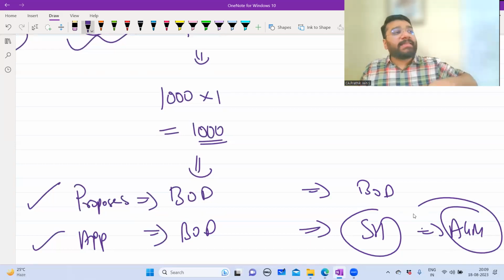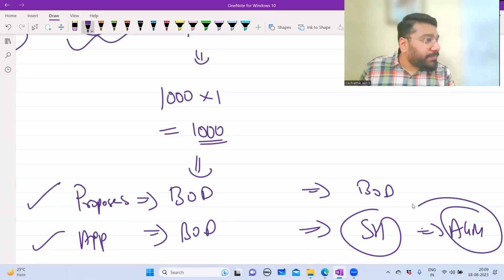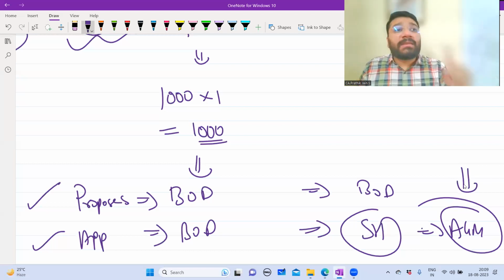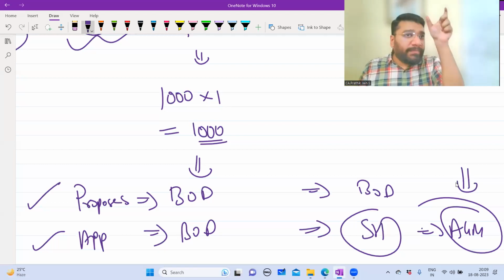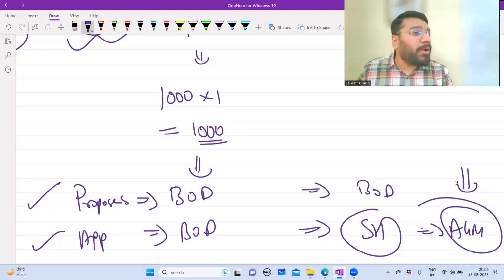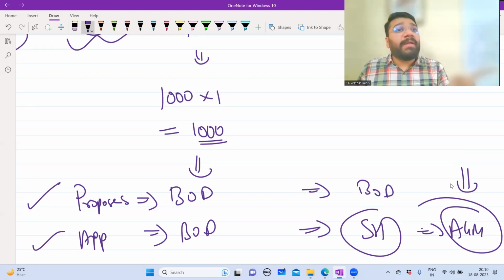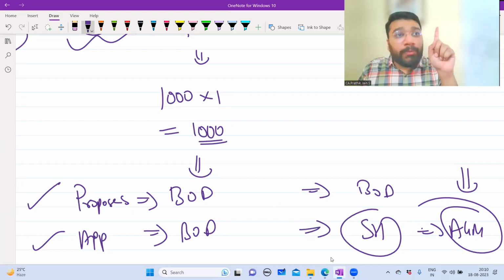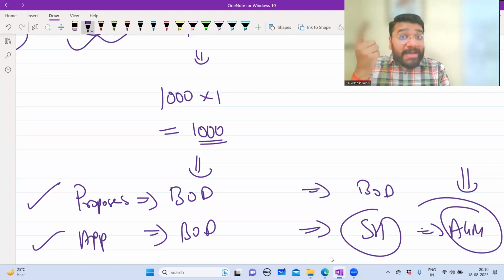About this also I'll be discussing in depth in the upcoming concepts. To be more specific, in the third volume, when I discuss the financial statement format, that time I'll be discussing the concept of interim dividend and final dividend in detail. So dividend is of two types: interim dividend and final dividend. Interim dividend, who proposes? Board of directors. Who approves it? Board of directors. But final dividend, who approves? Sorry, who proposes? Board of directors. Approved by shareholders in the annual general meeting.